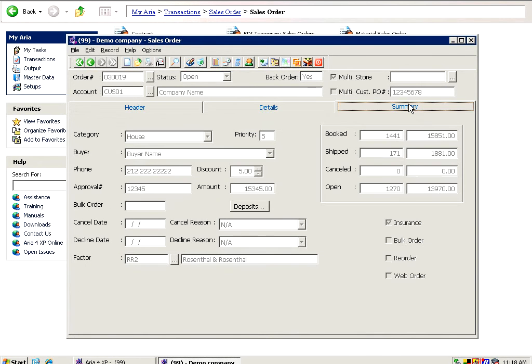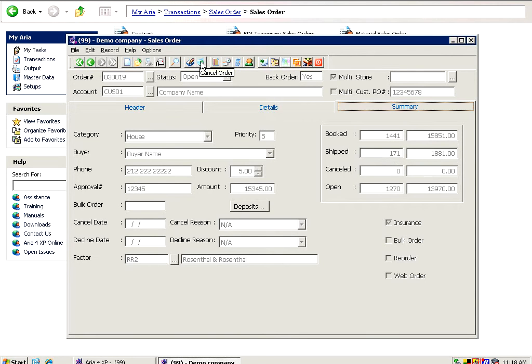So right now, when I remove that line, since this order was entered within the past 7 days, the system did not consider that line I removed as a cancellation. But it cancelled, meaning it removed that line. And you will notice that the open now is a little bit less than what we saw before. Another thing also in relation to partially shipped sales orders, you can still cancel the entire balance, that 1270 pieces,